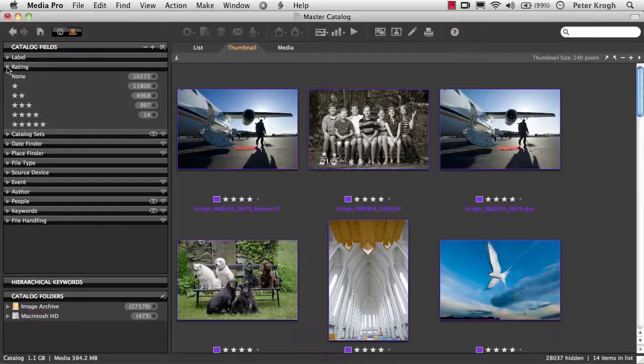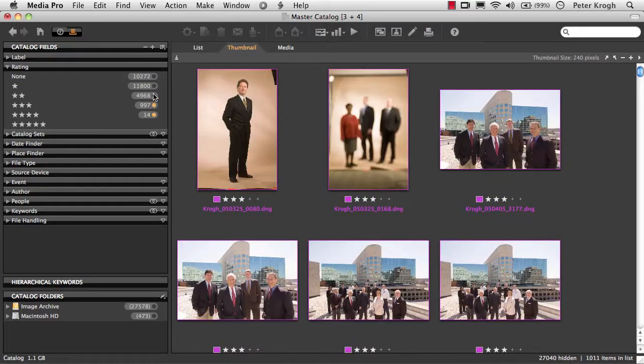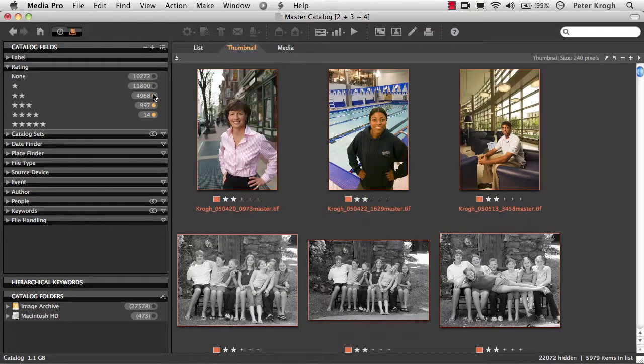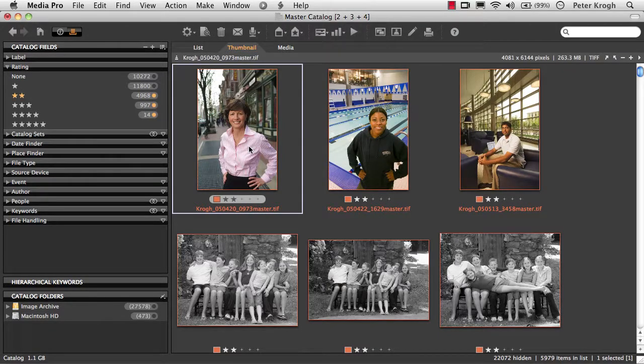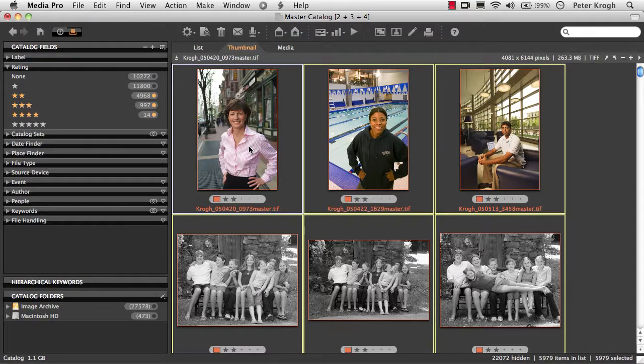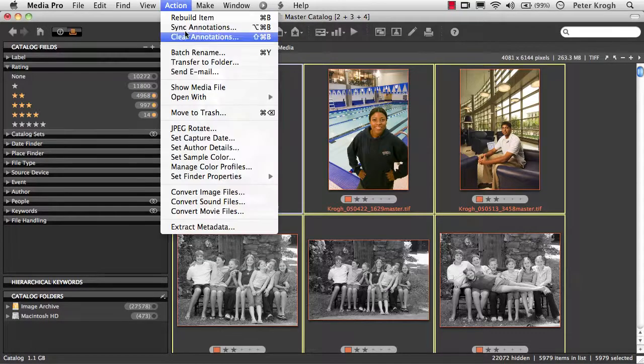You could, for instance, go into the rating panel and select your 4-star images and then command select 3 and 2-star images as well, or that's control select on the PC, and these are going to be the best images in the collection. I'll then do a command A or control A on PC to select all images, and now I can rebuild the thumbnails in the action menu.